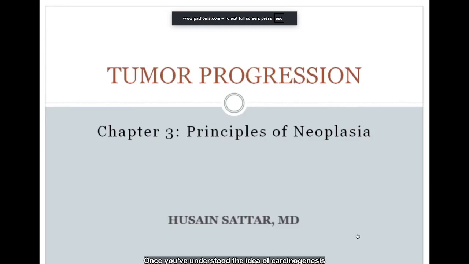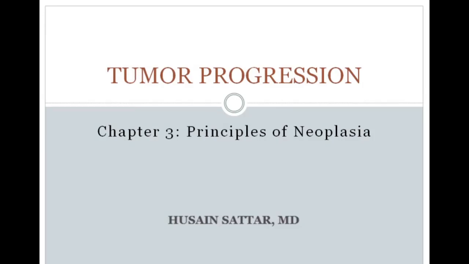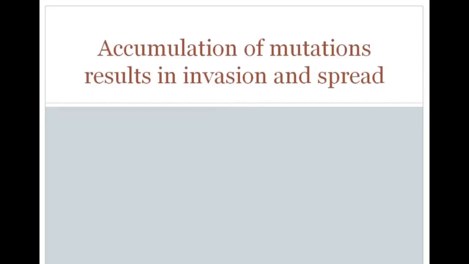Once you've understood the idea of carcinogenesis, and you understand that carcinogenesis is going to knock out key important regulatory elements, then the next notion is that as a tumor cell grows and begins to produce additional daughter cells, it will pick up additional mutations. And those additional mutations will allow for tumor progression. And so eventually what will happen in the case of cancer is that accumulation of mutations will result in invasion and spread. And remember that the hallmark of cancer, of malignant neoplasia, is that it locally invades, and the defining feature of malignant